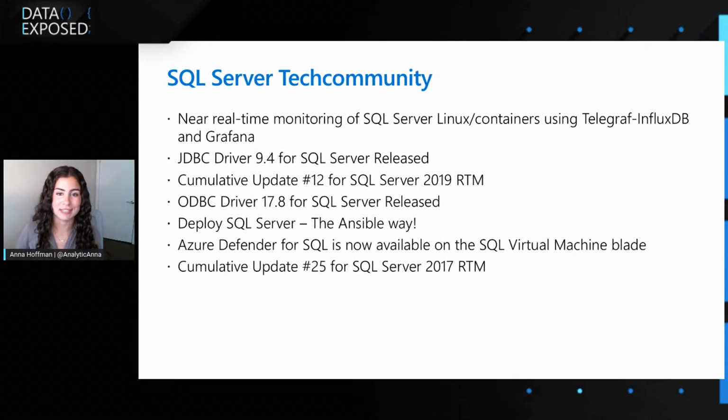So stay with me as I try to give you the highlights after reading all of these blogs. The first one is by Amit Kandwal, and it's a great example of how it's just SQL. What Amit did is he took this open source solution that the SQL DB and SQL MI team worked on to allow you to use open source tools like Telegraf and InfluxDB and Grafana to create these really pretty open source dashboards